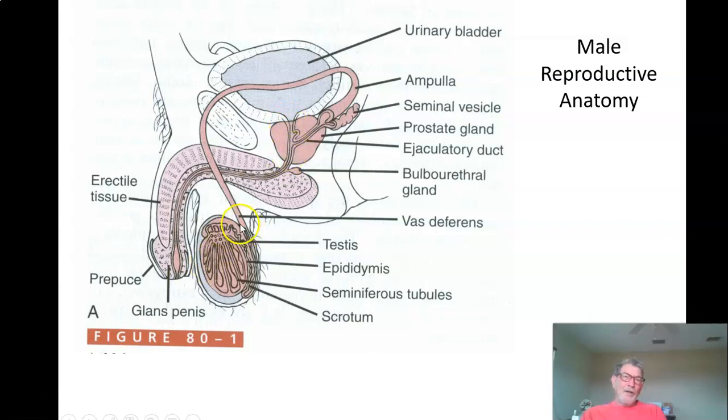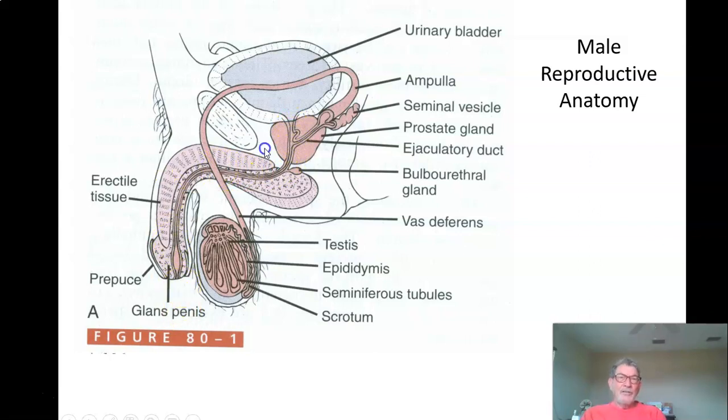Here you have the vas deferens, or ductus deferens, which comes all the way over around the bladder and meets up with the seminal vesicle. The seminal vesicle adds some more fluid into the semen. At that point it becomes the ejaculatory duct. So during ejaculation, the sperm comes up through here, you add semen to it, it joins the urethra in the middle of the prostate gland, and then comes out through the